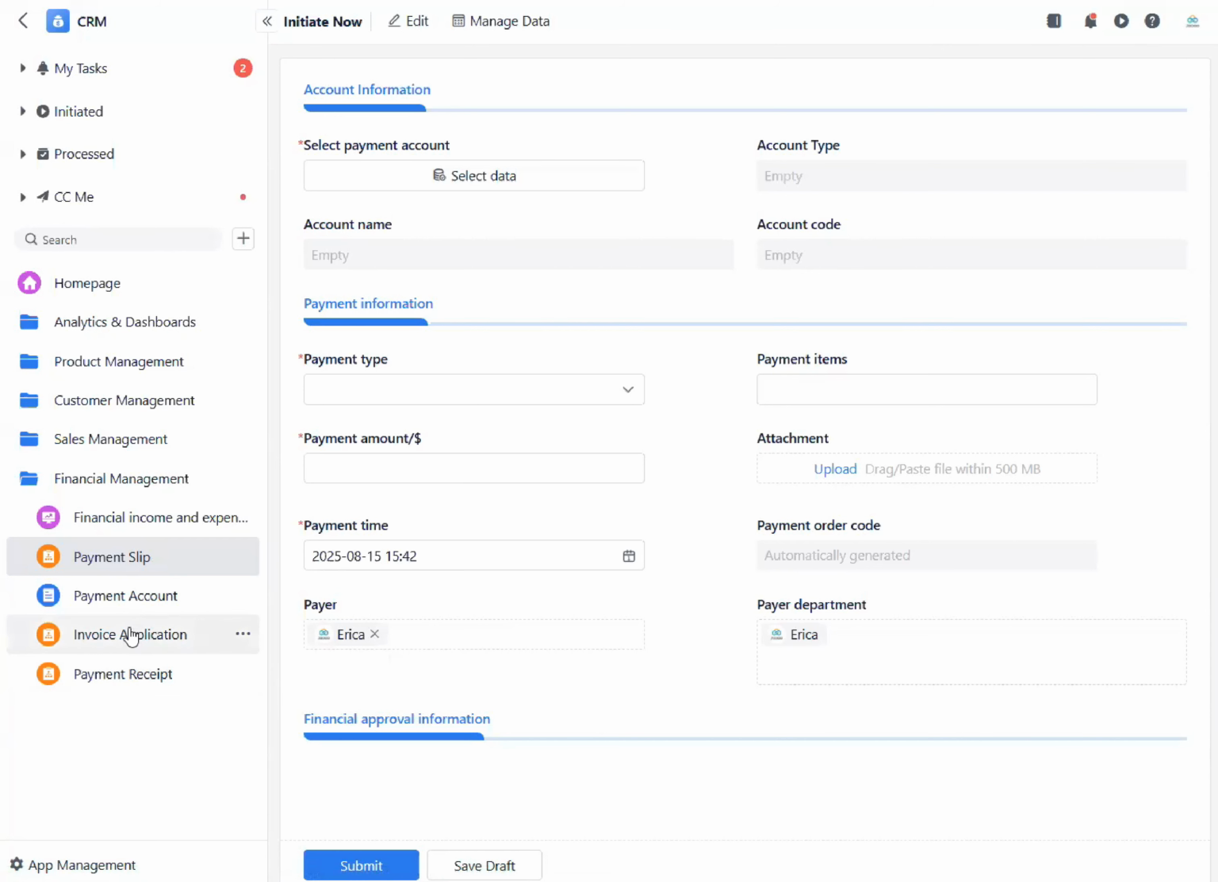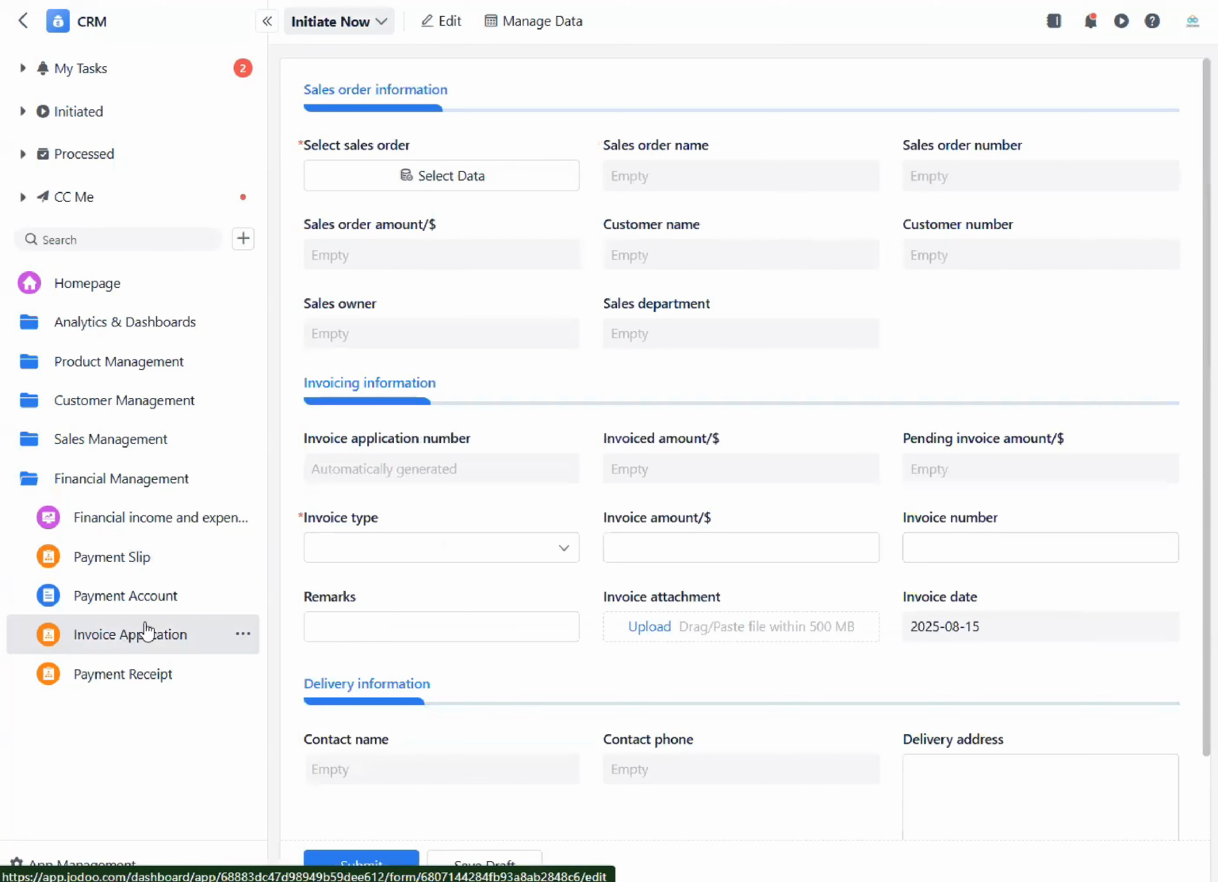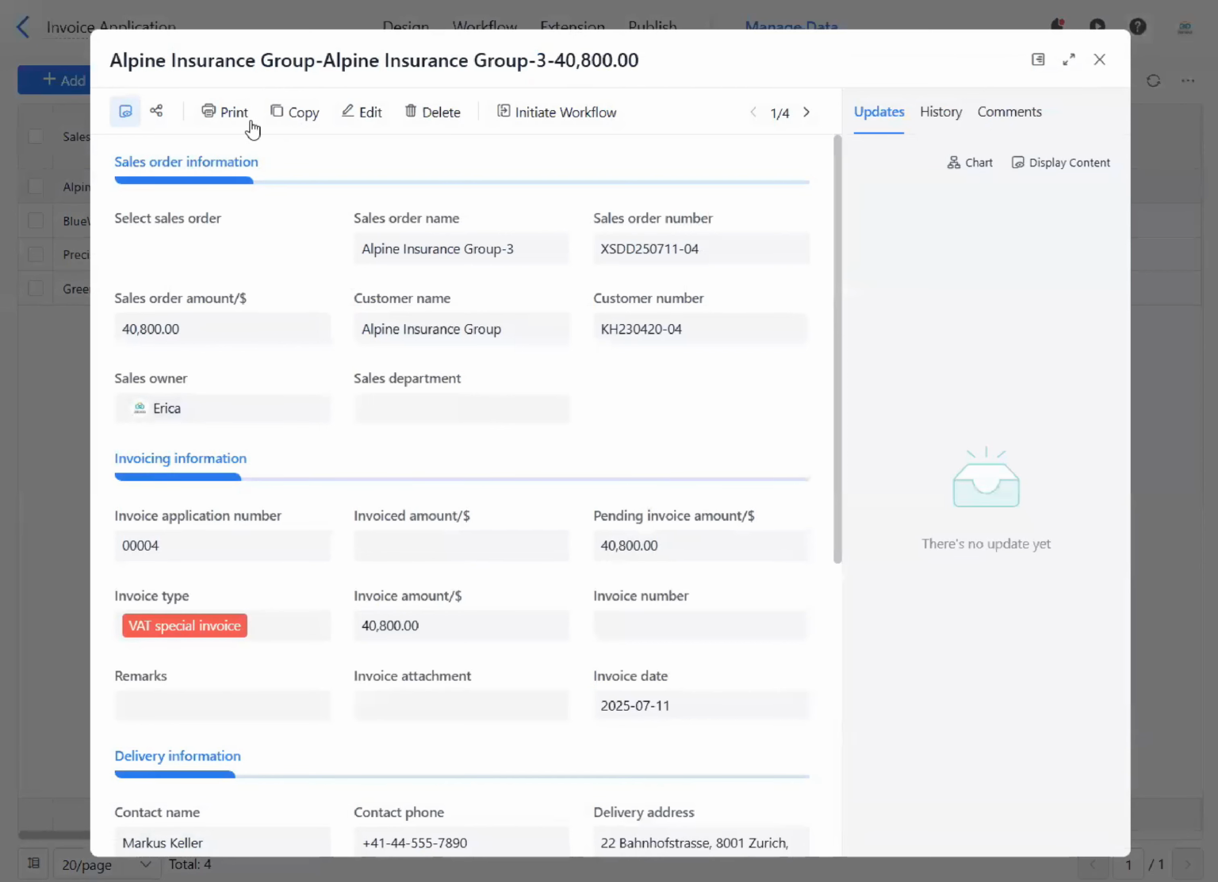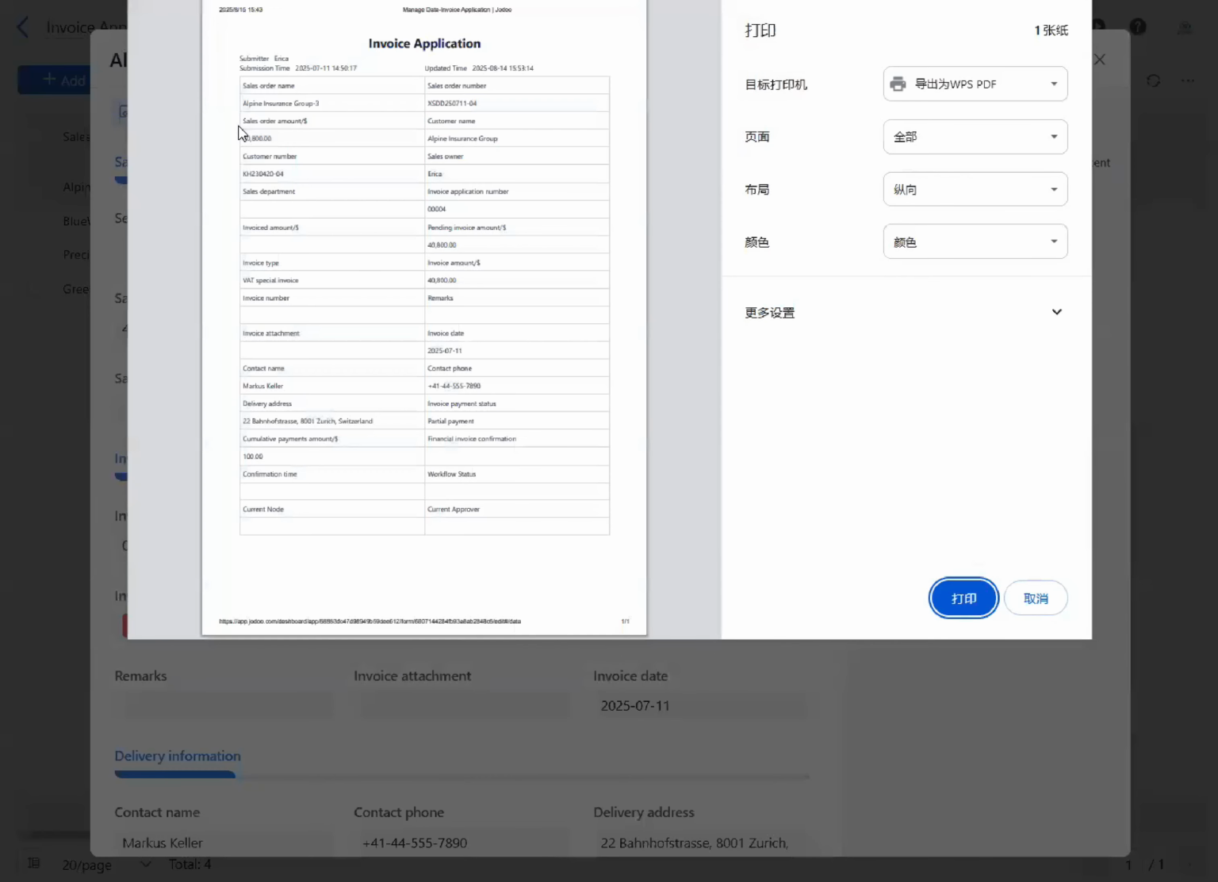And one of the standout features here is the invoice application. You can select a customer and request an invoice for them directly from Jodoo. And let me show you this. And the greatest thing is that you can pick any record from the database to do this. It's just one click. For example, this one, I click